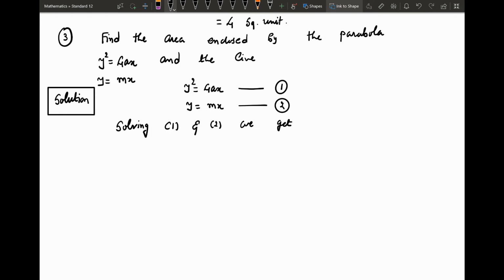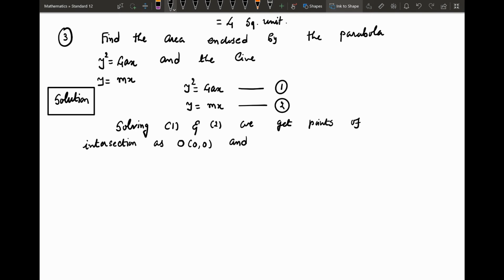First observe, the constant term is absent in both the equations, so 0, 0 satisfies both the equations. So one point of intersection is the origin. So solving 1 and 2, we get the points of intersection as 0, 0